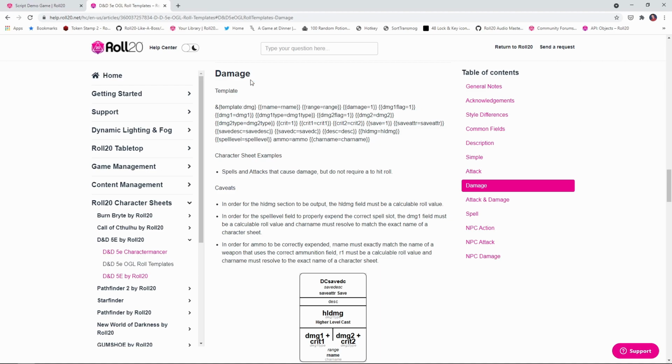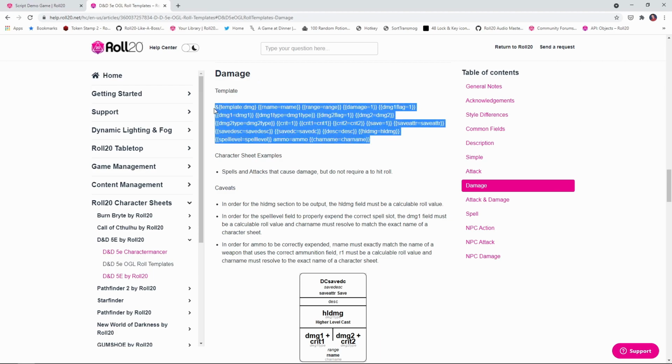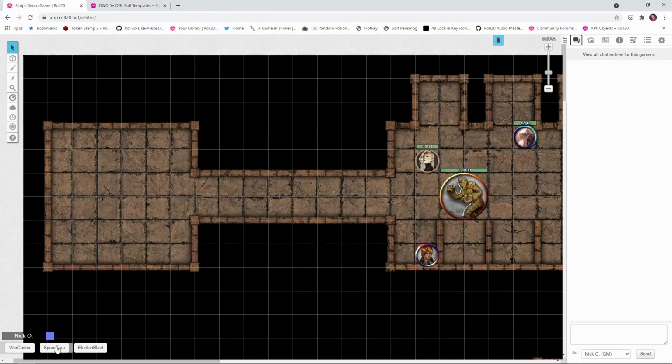And this is used for spells and attacks that cause damage but don't require a to-hit roll. So if you've ever cast Sacred Flame or Toll the Dead, this is the type of template that we're using. So again, I'm just going to copy the example from right here. And to illustrate what this one's going to look like, I'm going to use this SpearTrap macro that I've already created. You can see here we've got a DC 15 Dexterity save that we need to make. We have some text saying that spears shoot out from the walls, and we're going to deal 2d8 piercing damage